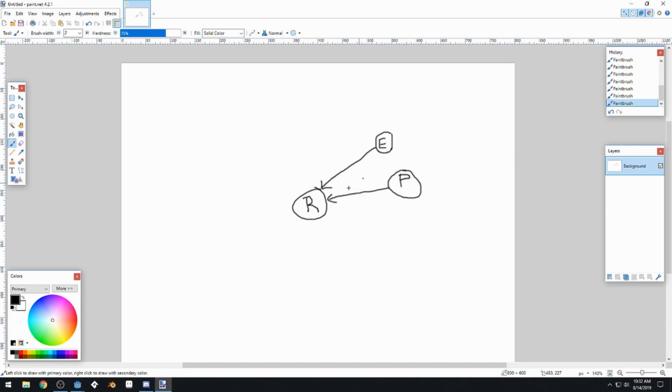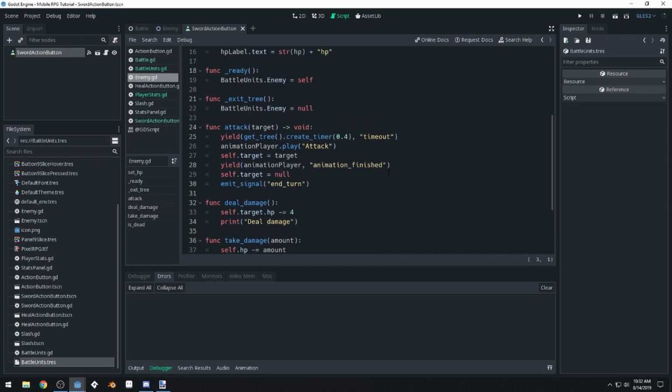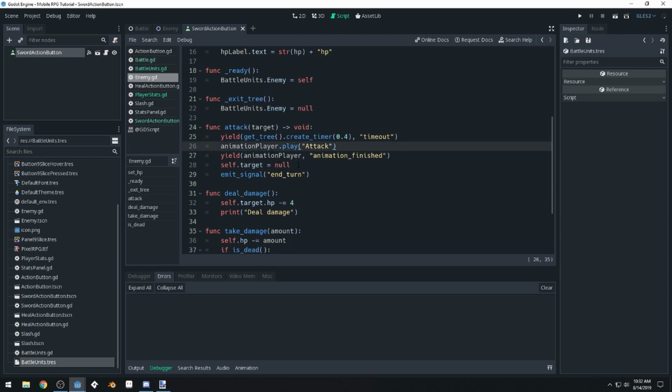Now we want to give access to the resource to other things. One of those other things is actually the enemy. Well, the enemy already has access. You can see up here, we've already got access to the battle units resource. So now, when we're dealing our attack, we no longer have to get the player the way that we did. So if we come down, before we had all this target nonsense going on, we can remove this, remove this,